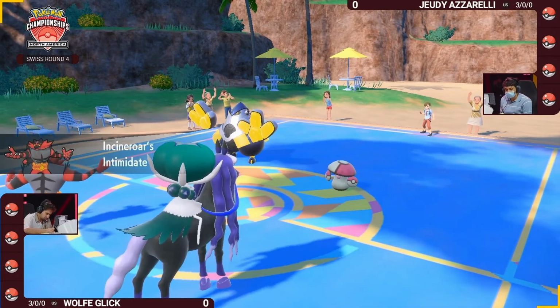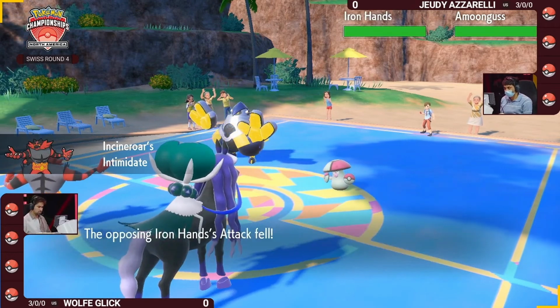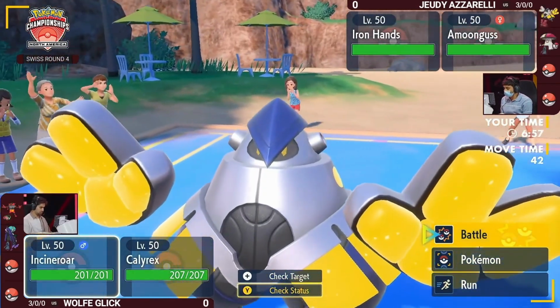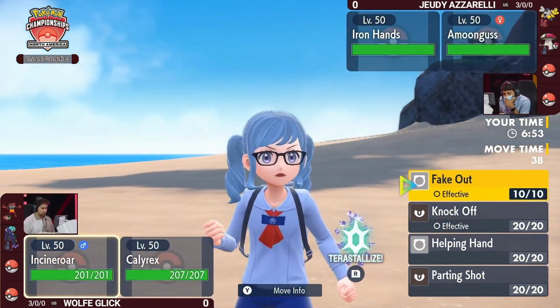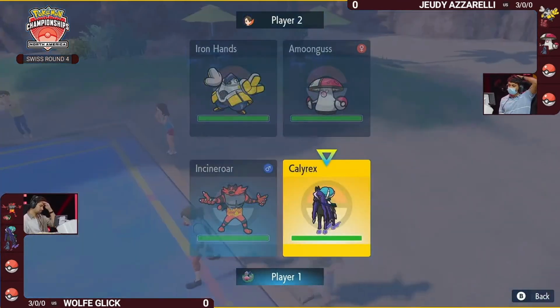Jeudy is going to lead with the Iron Hands and the Amoonguss, and for Wolfe, it will be the Shadow Rider Calyrex and Incineroar. I think it's a positive lead here for Wolfe in this case. You have the faster Fake Out in the form of Incineroar, and of course your Calyrex cannot be faked out as it is a ghost type. So if you do opt to go for a Fake Out on either slot, and Nasty Plot's actually a really